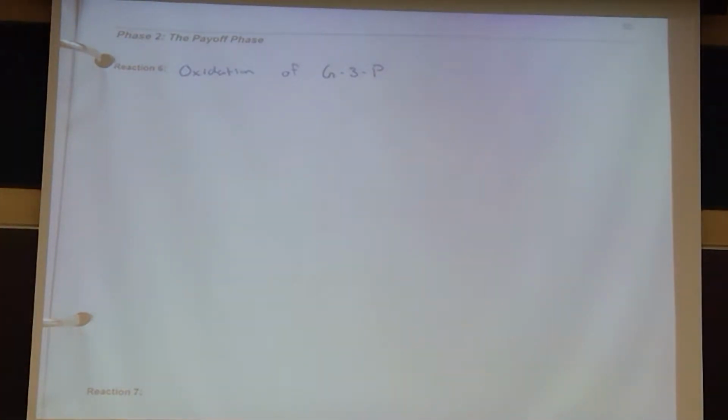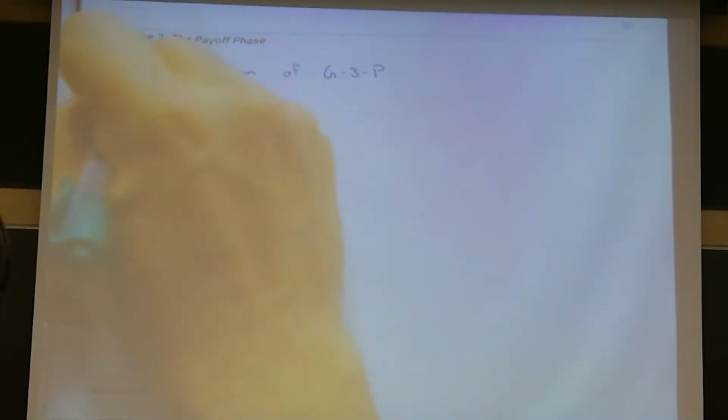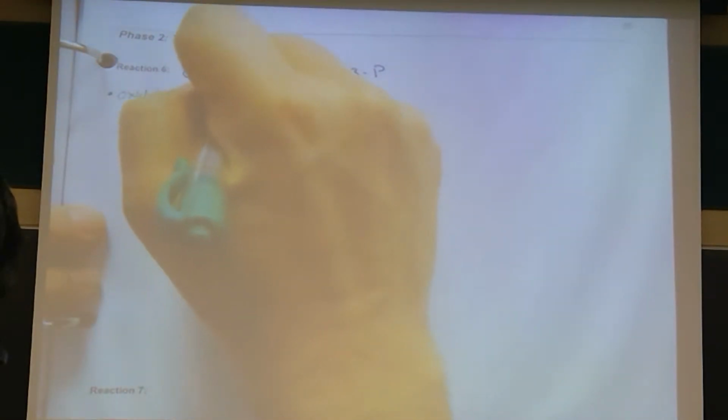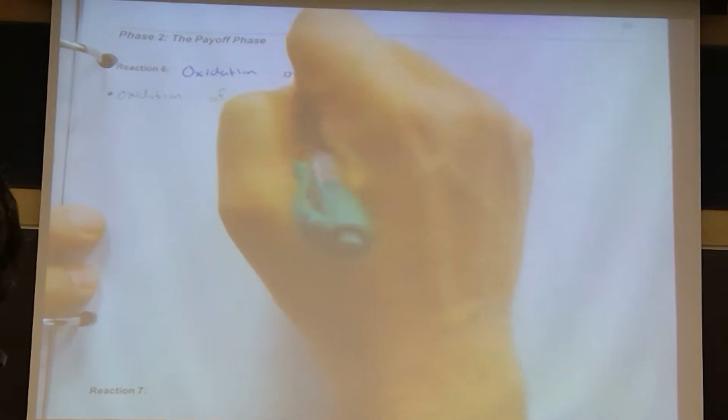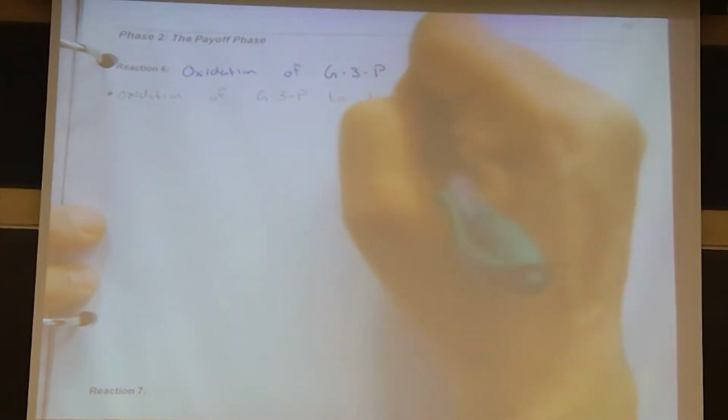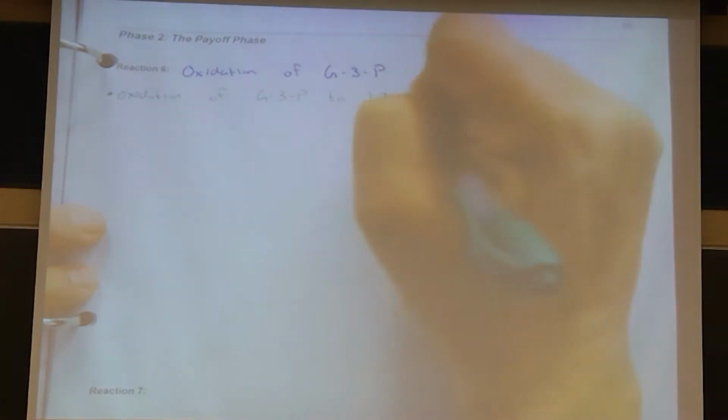Those electrons go somewhere. Let's talk about some coenzymes that are involved, specifically evolved to transport electrons. Oxidation of G3P is coupled to product 1 through